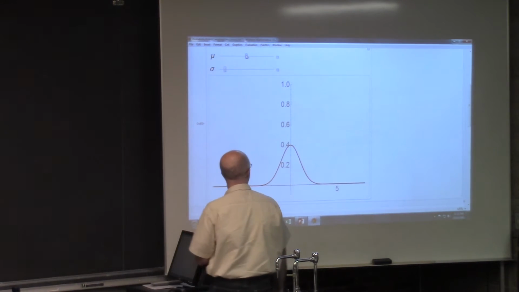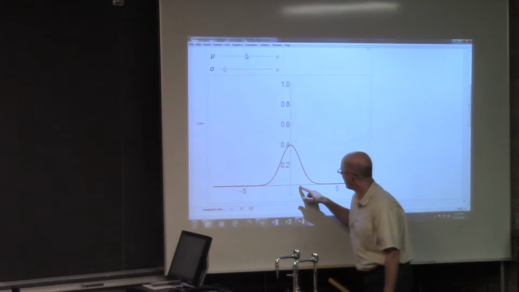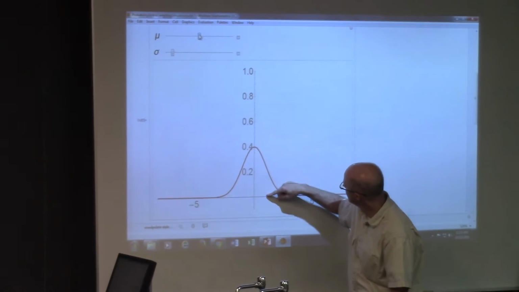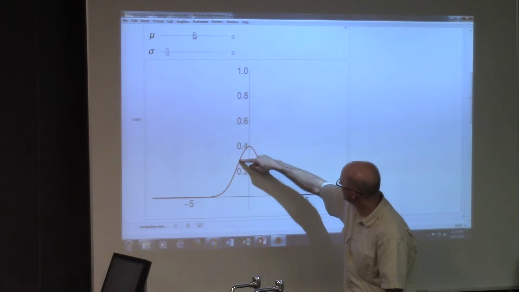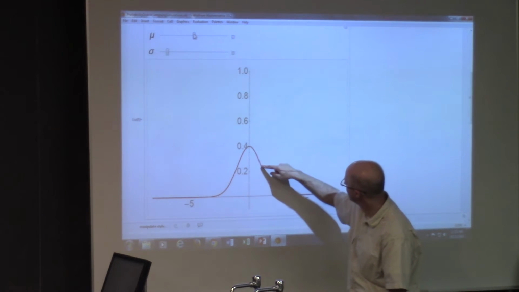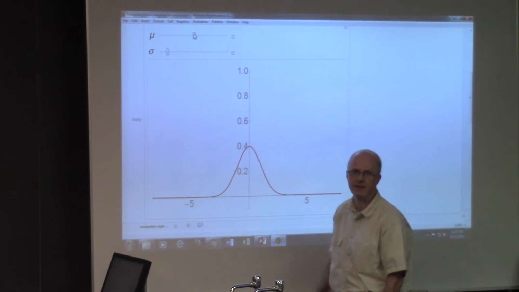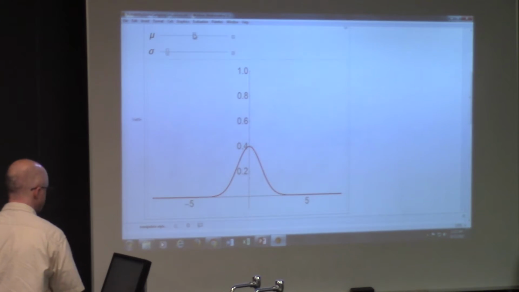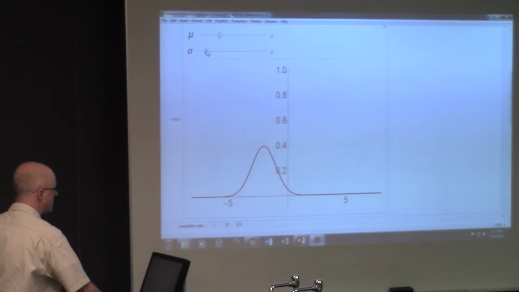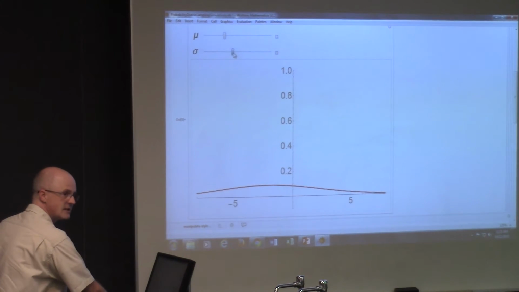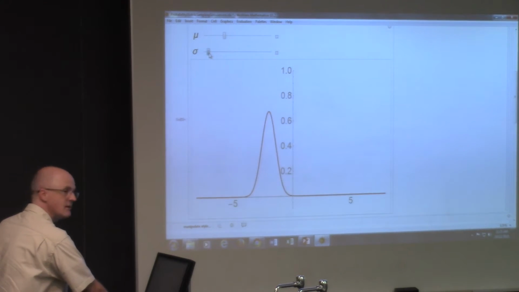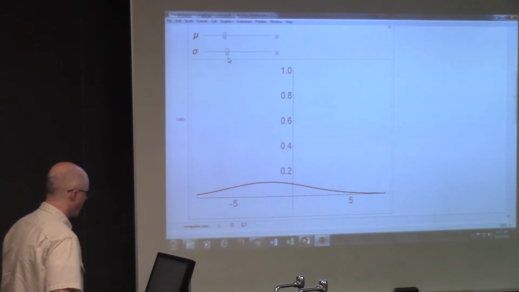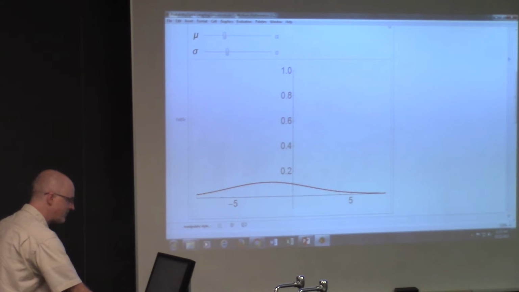And the inflection points are at 1 and -1. That's one standard deviation away from the mean. This is where the graph changes from concave down to concave up, right at that point and right at that point. Anyway, a little fun with this. You can change the mean. That just shifts the graph horizontally. You can change the standard deviation. That changes the spread. It does change the height too, because the area always has to stay 1 no matter what. I think I've shown that to you before.